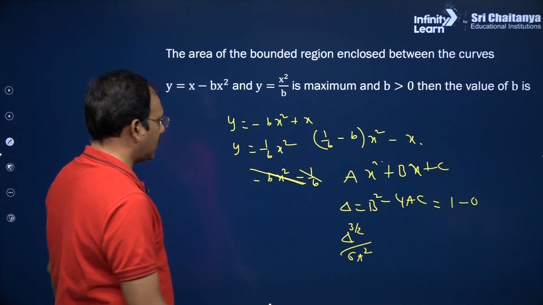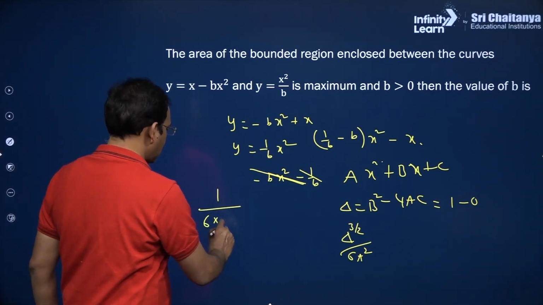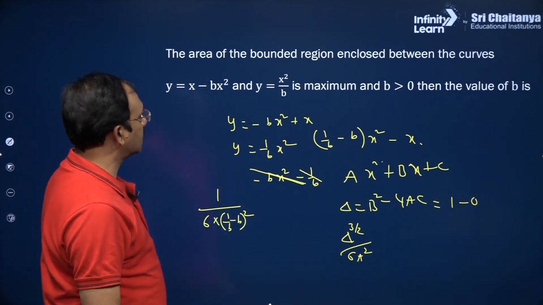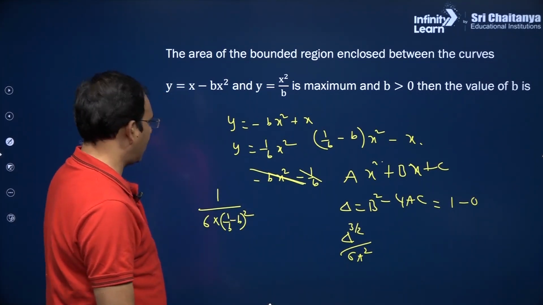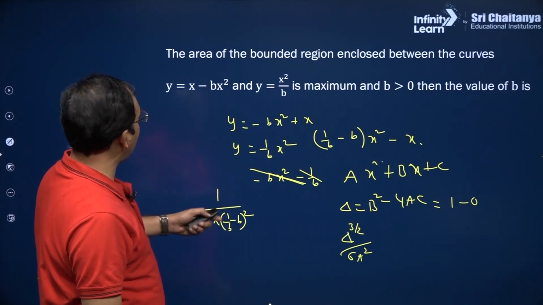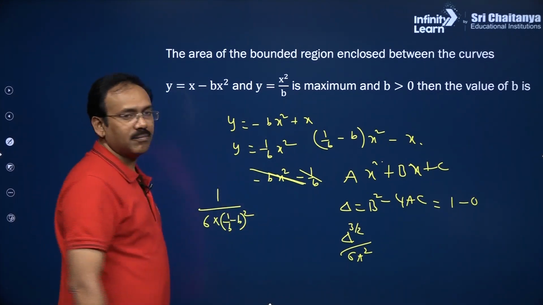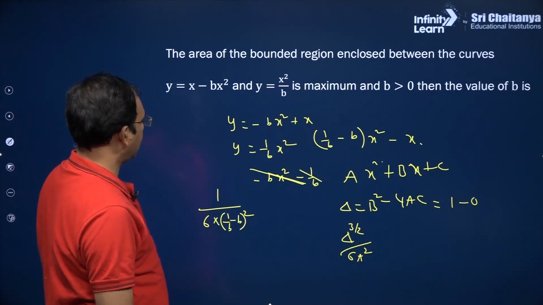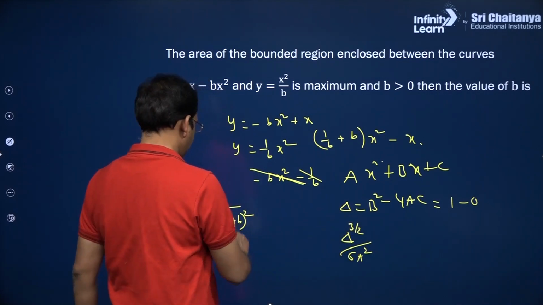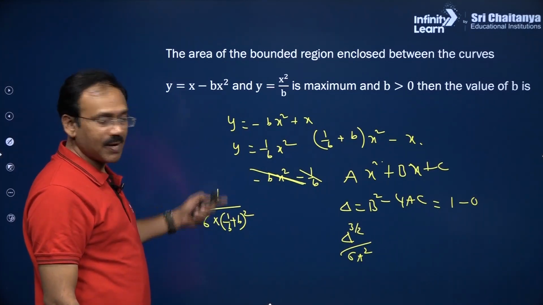Now, delta power 3 by 2, that is 1 by 6 into a square, that is 1 by b minus b whole square. This is the one he is asking the maximum, given b is positive. So, the maximum value of b, you see area between these two curves is maximum, then the value of b. When you subtract here you will get plus, right. So, b plus 1 by b is